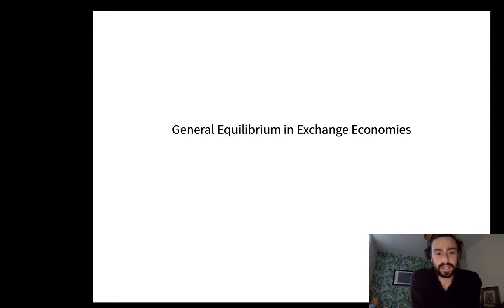So begins the last topic. We're going to talk about general equilibrium. And general equilibrium is a very general notion in economics. There's many different ideas that constitute that topic. And so we're going to look at a specific one that's a relatively simple idea called exchange economies, or general